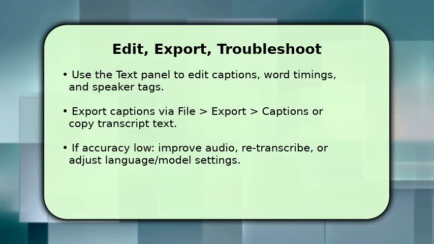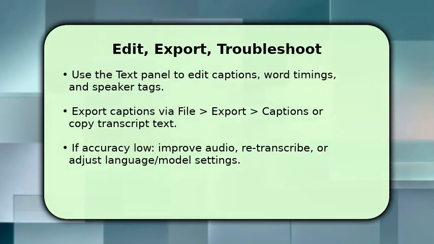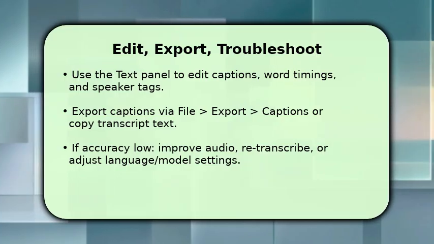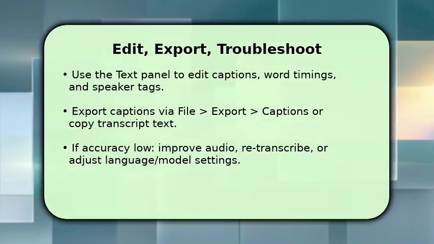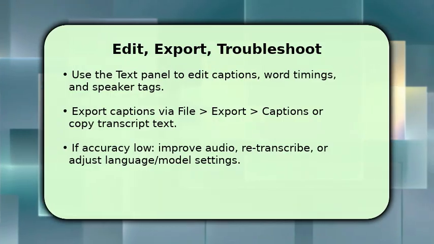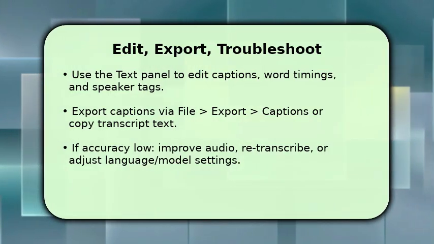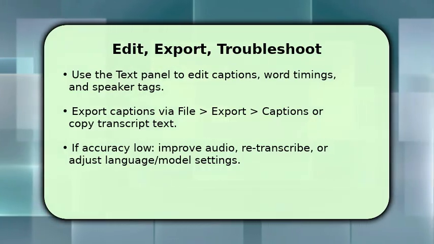To export, generate captions from the transcript and choose SRT, SDL, or burn-in during video export. If the transcript is inaccurate, recheck audio quality. Apply noise reduction or separate tracks, and retranscribe the focused track. Make sure language and punctuation settings match content. If problems persist, split the file into smaller clips and